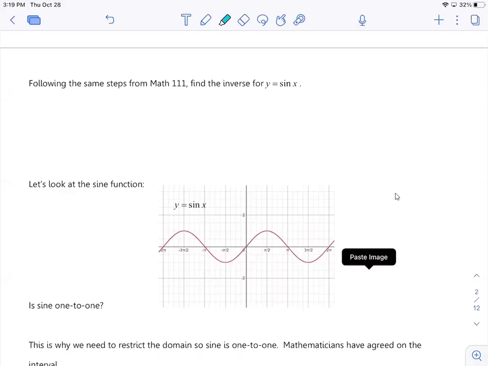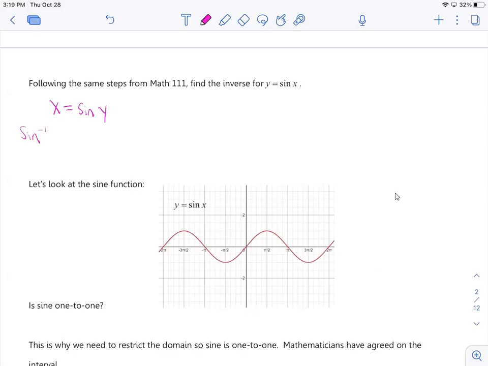So now let's start looking at trig functions. So we're going to do the same process to find the inverse for sine. So we go ahead and we swap our x's and our y's. Remember, we talked about this when we were solving triangles. The only way to isolate that input, because y now is an input, it was an output, but the whole purpose of finding an inverse is to swap your inputs and outputs, is you have to go ahead and